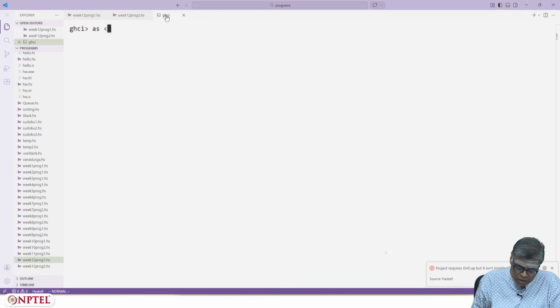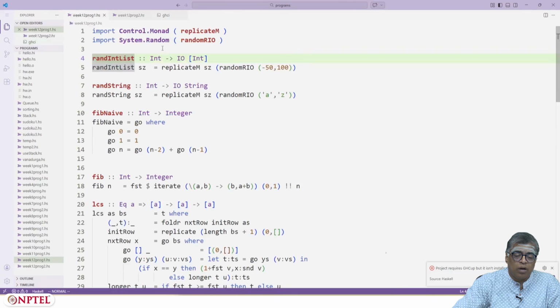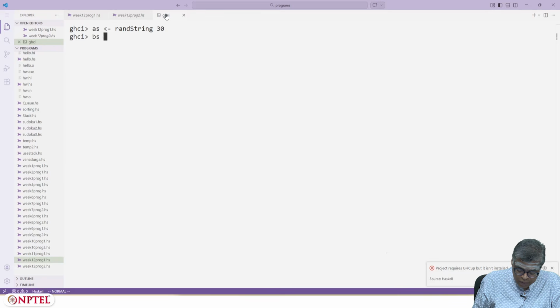A equals rand string of, yes, I am just giving a length. So rand string of length, I don't know, 30. B is a rand string of length 30 again, let's say 35, whatever, doesn't matter.